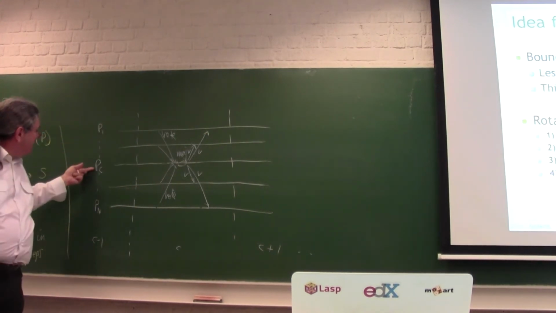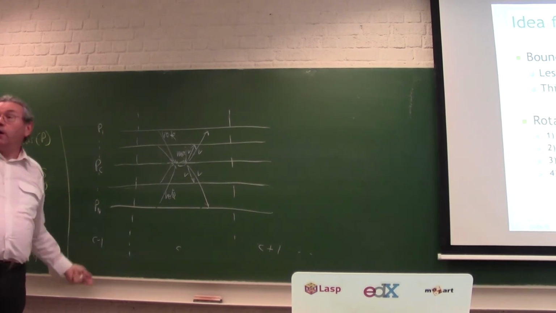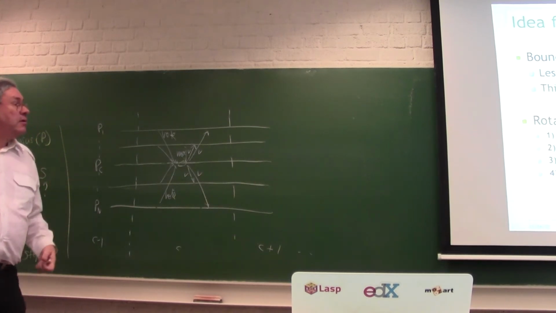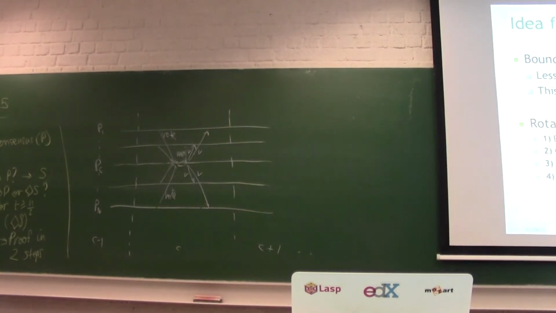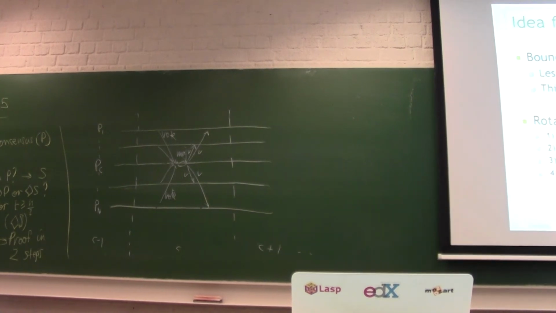So at this point it's C, but then the next round it'll be C plus 1 and so on. Everybody sends the vote to the coordinator. C receives votes, picks a majority, and broadcasts it. Every node will receive that broadcast, unless the node thinks that C has failed. If it doesn't, it gets the broadcast, changes the local value to V, and then you go to the next round and repeat. And this goes on forever.